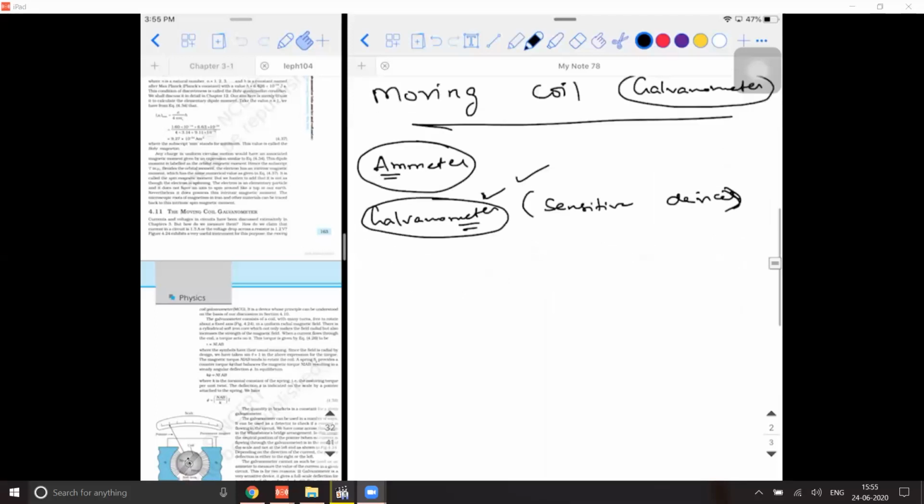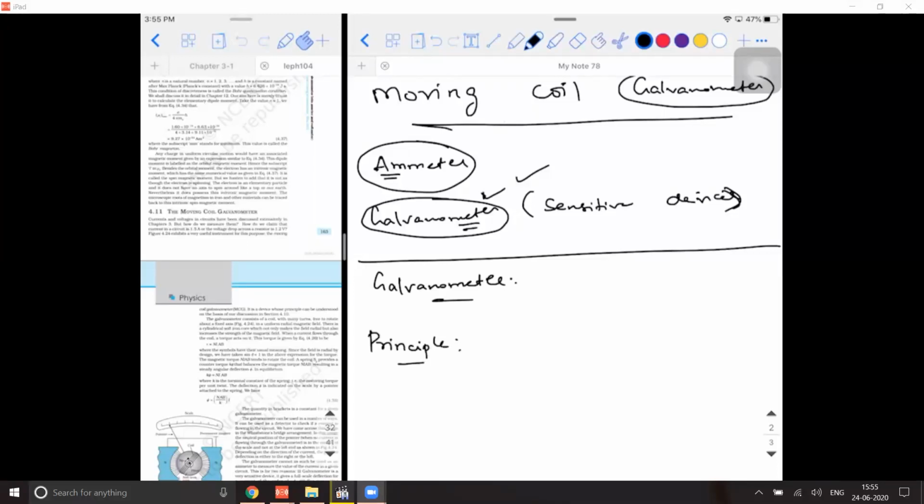So today we are going to discuss what exactly this galvanometer is made up of and how it is going to function. Okay. The reason why we are learning it in this chapter is because it works on a particular principle which is related to a concept in this chapter. Okay. So first, when you're trying to learn about a particular device, you need to first know the principle on which it is working. Okay. So the principle of the galvanometer. Before I go to the principle, let me show you how a galvanometer actually looks like.